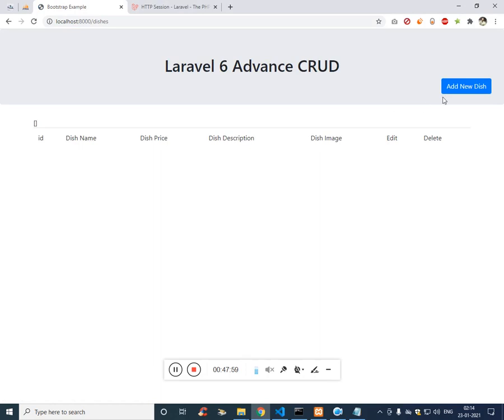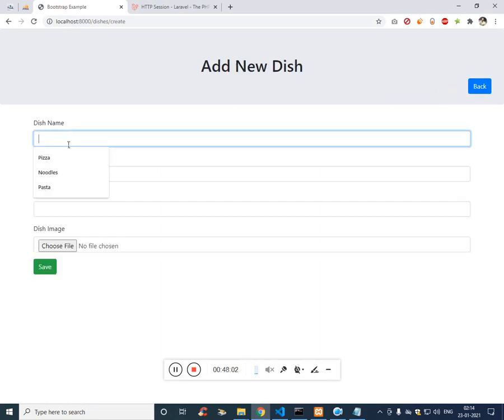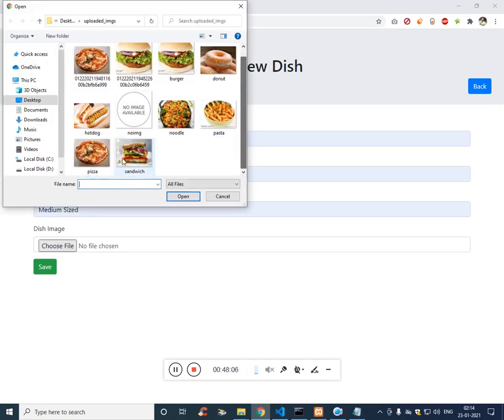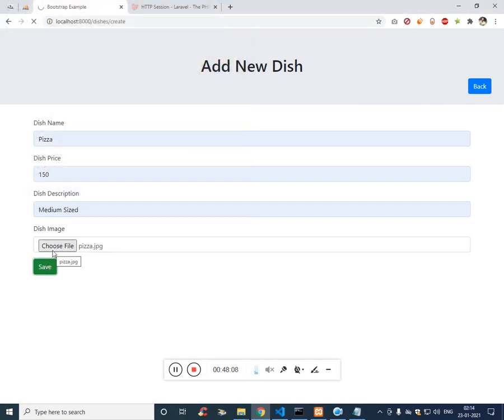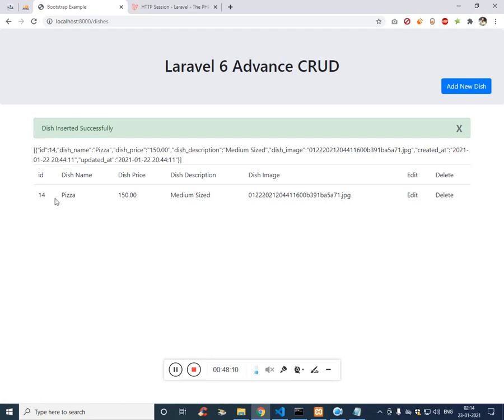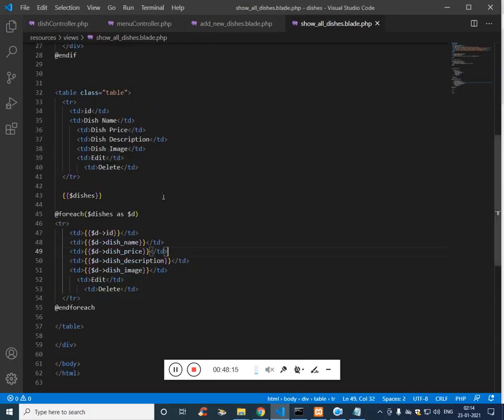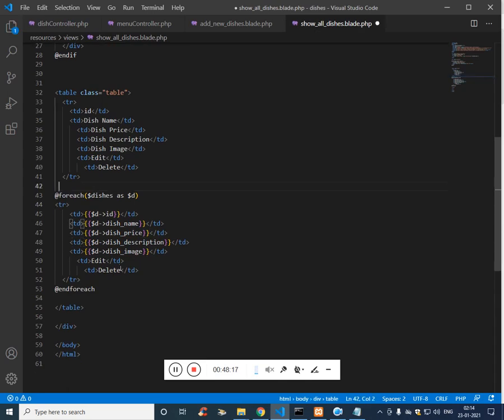Fine, no issues. Now let's add again. Now this time it will be added. Save, and now you see the value is available. Let's delete the echo part, and now